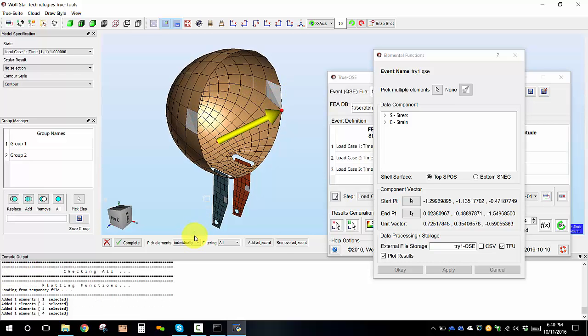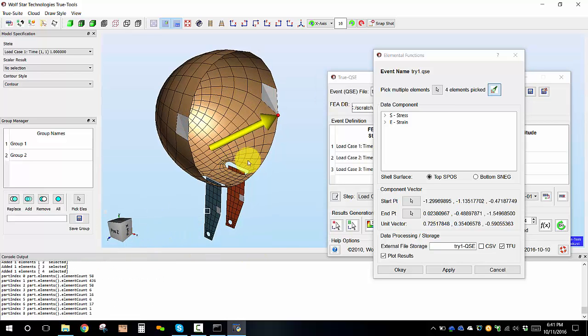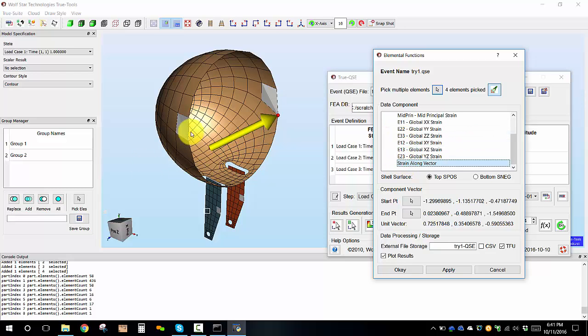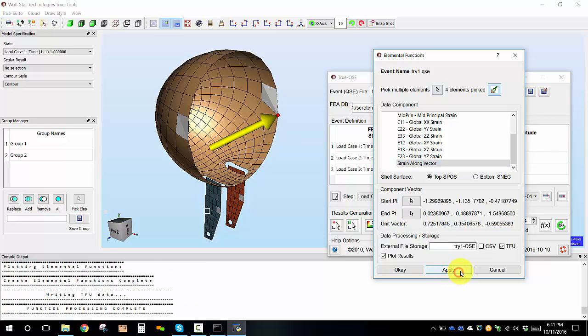So I just pick these 4 elements and I say complete, and there they are, and I can highlight and unhighlight my elements, and then I can say, give me the strain along that vector on those 4 elements, and just say apply,